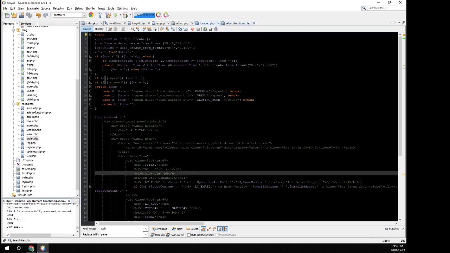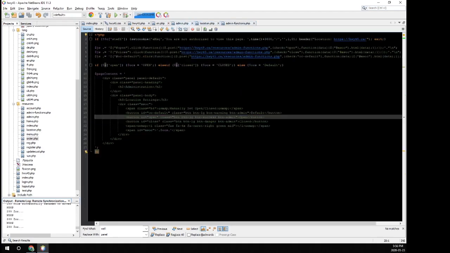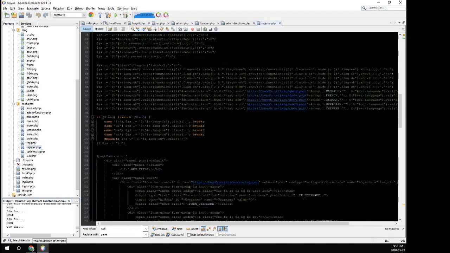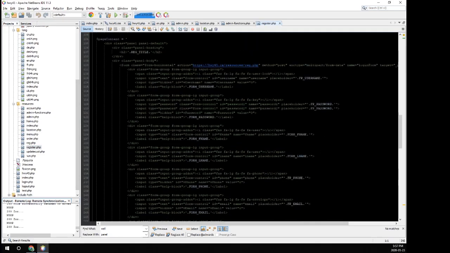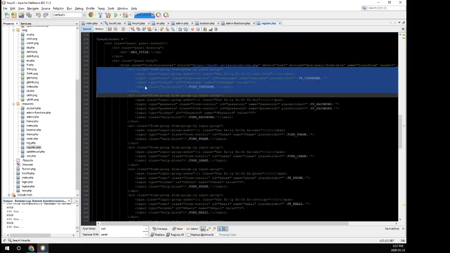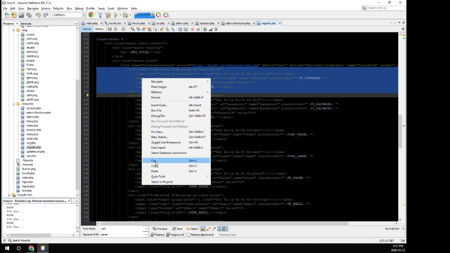Anyway, moving on. So going back to our admin page, we have our location, so now we need to set what that would be. We want one of our form fields that we've already done, because wherever possible, don't retype stuff if you can just copy and paste it. So I'm just going to open up our register page and find our username field, and copy that. We don't need the form part of it, we literally just need that form group div. So I'm going to copy that,